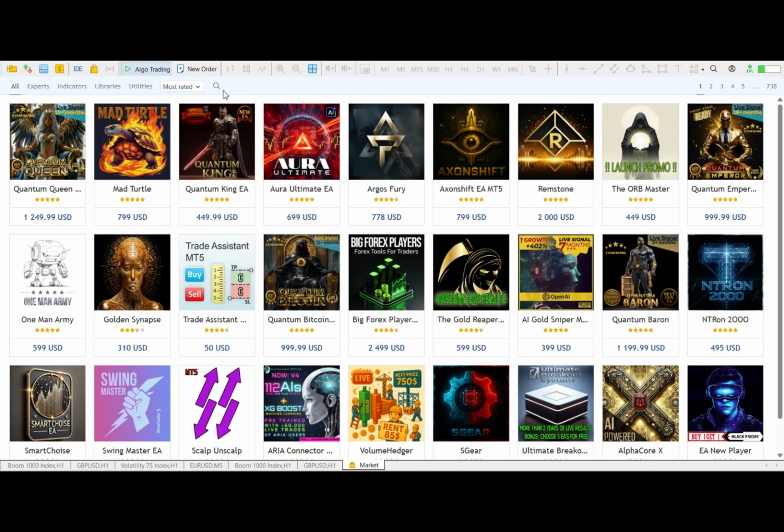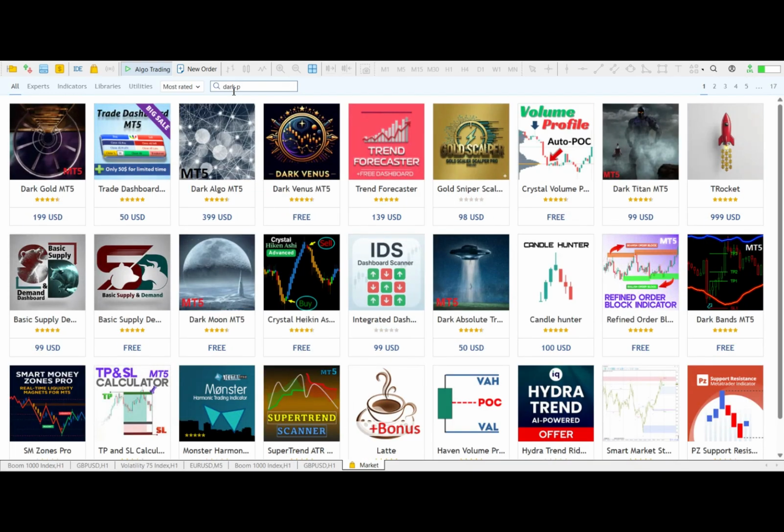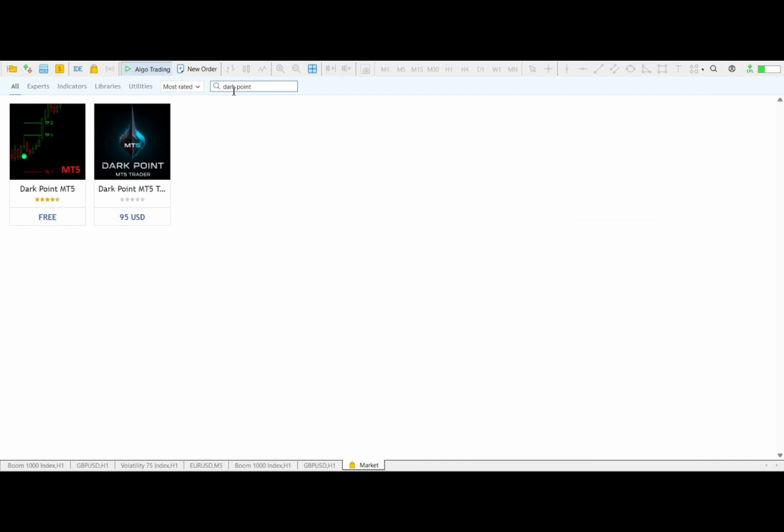I'm just going to type it in. So I'm looking for Dark Point, and this product is from Indie Review. So look for Dark Point EA. So you have these two. You have the Dark Point indicator, which is a free indicator, and it's not from Indie Review. And then you have the Dark Point MetaTrader 5 trader, which essentially trades the Dark Point